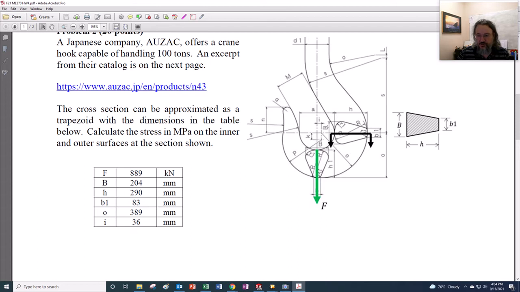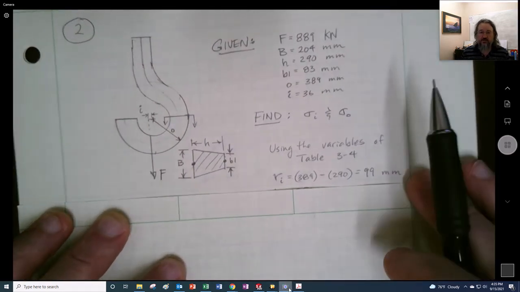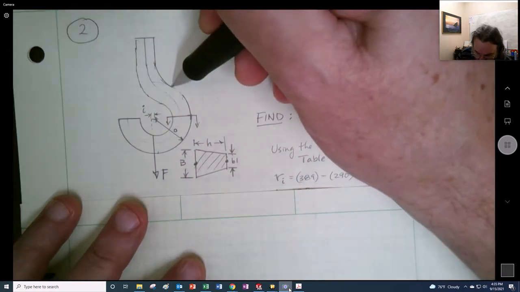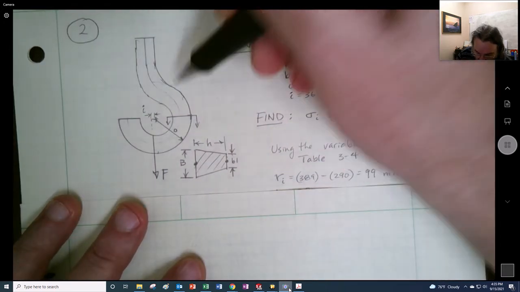And I also note that they gave us a radius of curvature for the outside, so this is like R_O. But note that the force is actually in line with this point, so there's an offset, which I included there. So here's what the values are, and then I took 100 tons and turned it into kilonewtons for you. So we'll go back onto this, and I drew this out. I didn't do a great job of this, I shouldn't freehand it, right? But anyway,